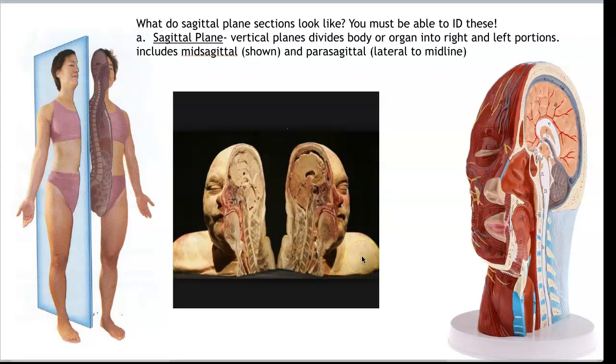So what do these planes look like clinically and anatomically? You have to be able to identify these on any exam or quiz. So here we have our vertical plane. This is a sagittal cut right here. This is right down the middle, so this is going to be a mid-sagittal cut, dividing the body into a right and left half. And this is what you're seeing on the inside. Here is a cadaver where they cut the body right down the middle, and you have a mid-sagittal cut here,